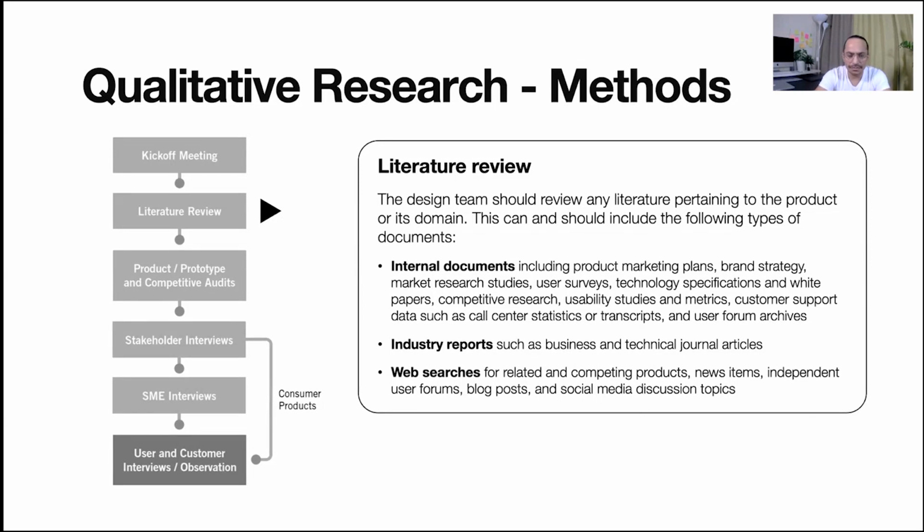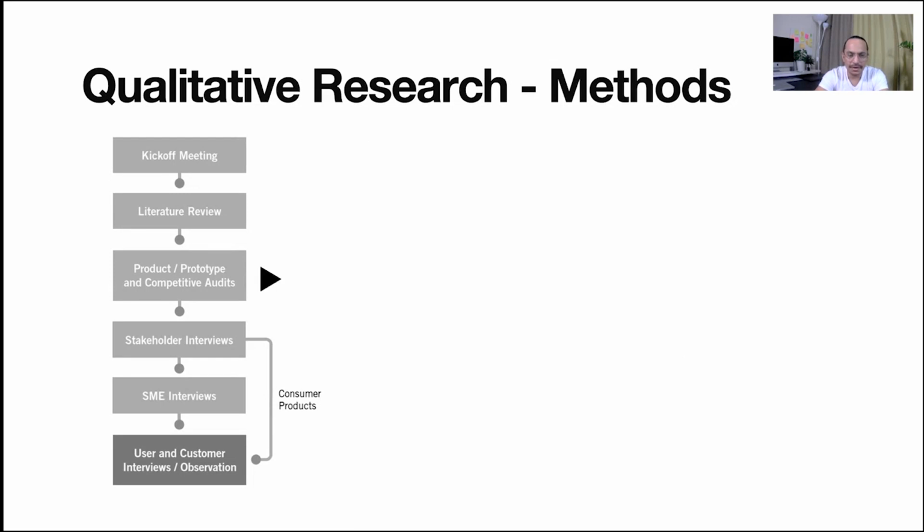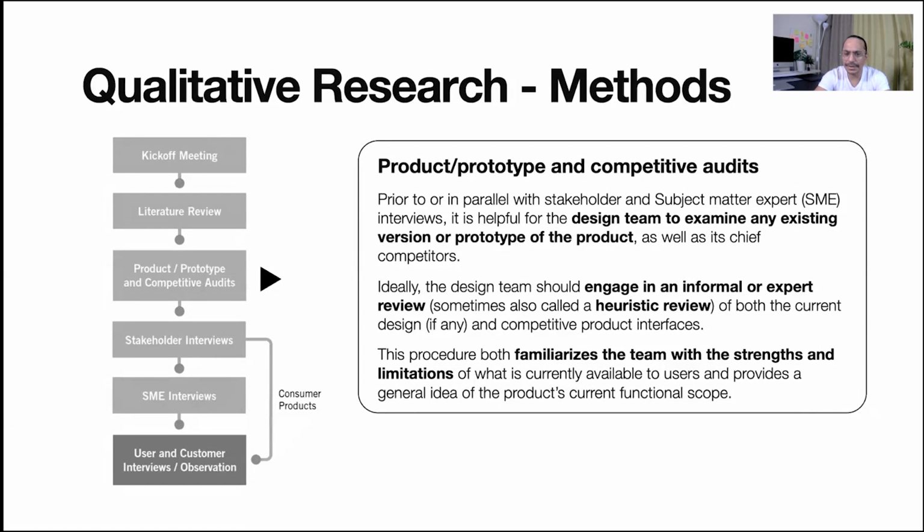primary. So we try to understand and read these internal documents, and also in parallel go through a lot of industry reports. We also search online, read blogs, websites, and so on. So we do a lot of different things, and that is basically the literature review. And then after that we also do comparative audits, comparative analysis.